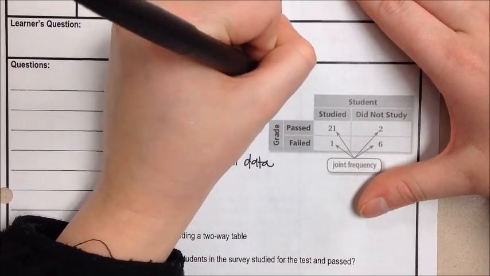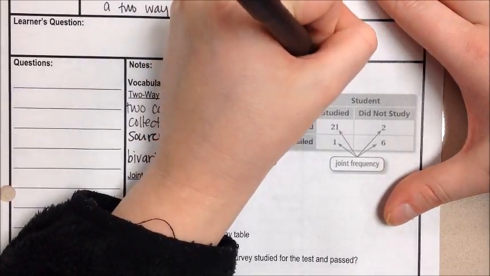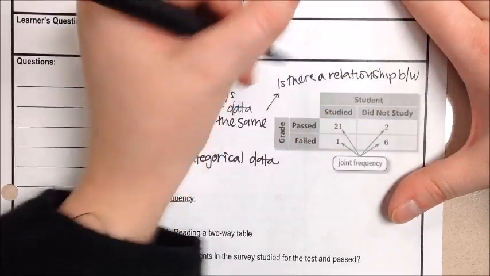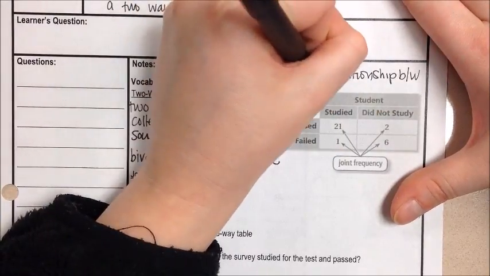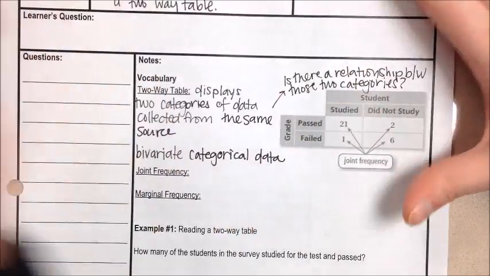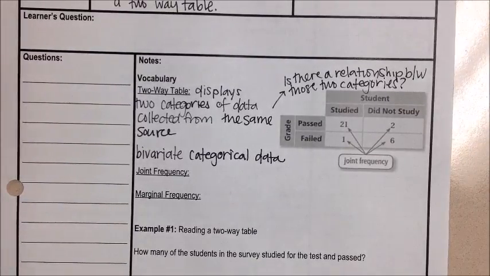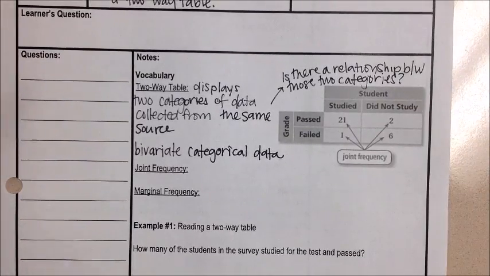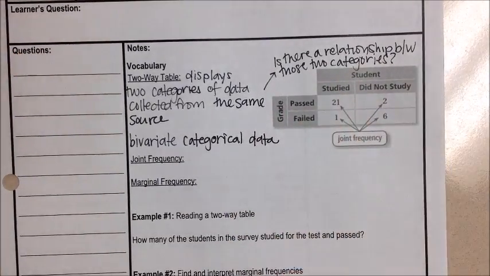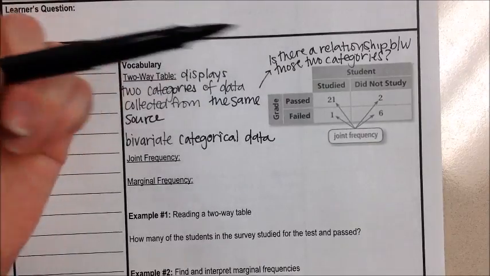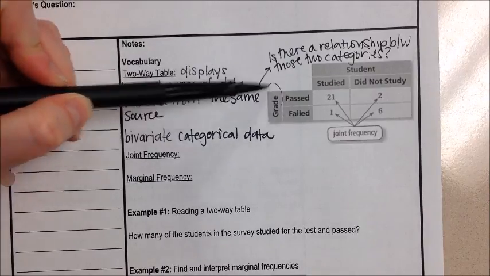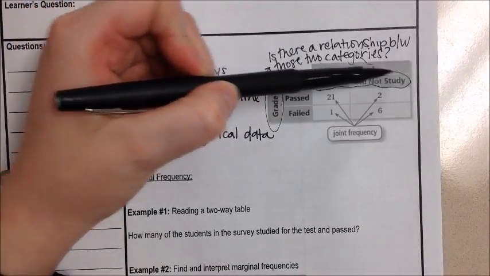So, is there a relationship between those two categories? The whole point of making a two-way table is to determine if there is a relationship between the two categories. If you look over here, here is a two-way table, and what you want to decide is, is there an